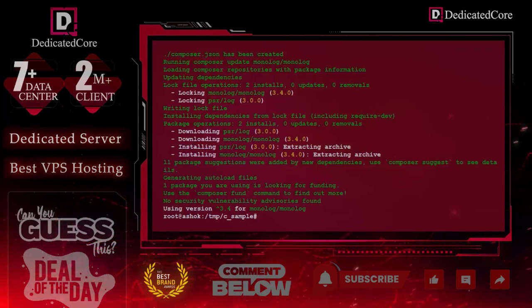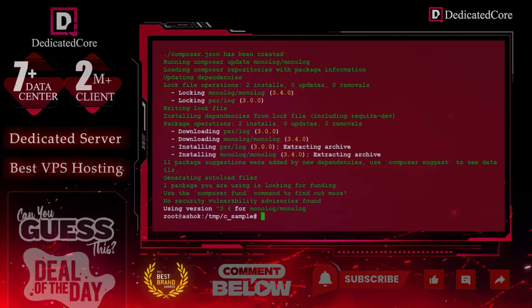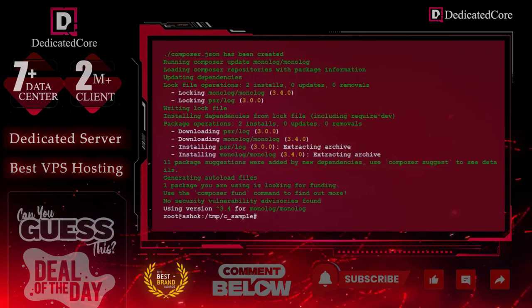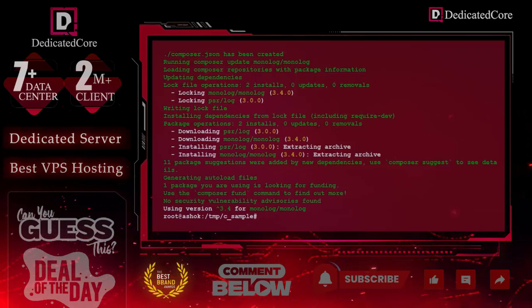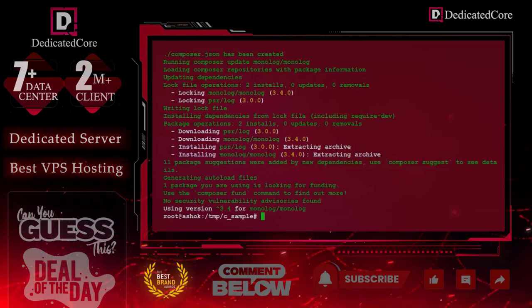So this is how we can install Composer on the Ubuntu operating system. This way, Monolog has been downloaded by the system and it created composer.json and composer.lock files. So you can use it for your project. Make sure that this software has been downloaded